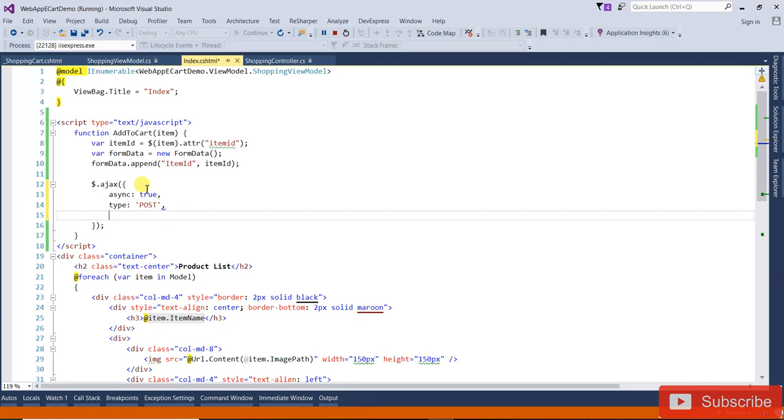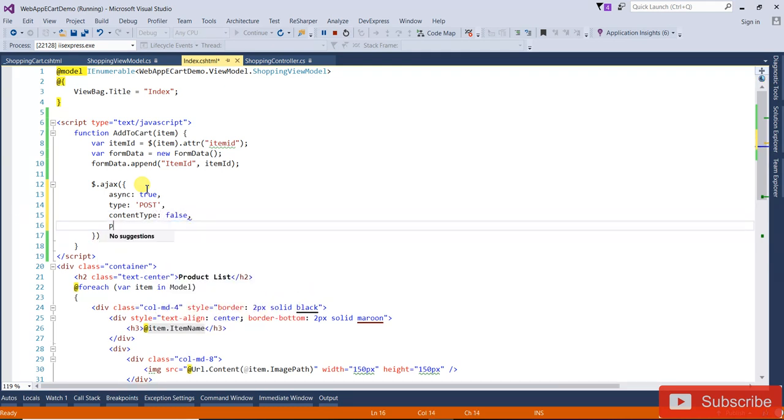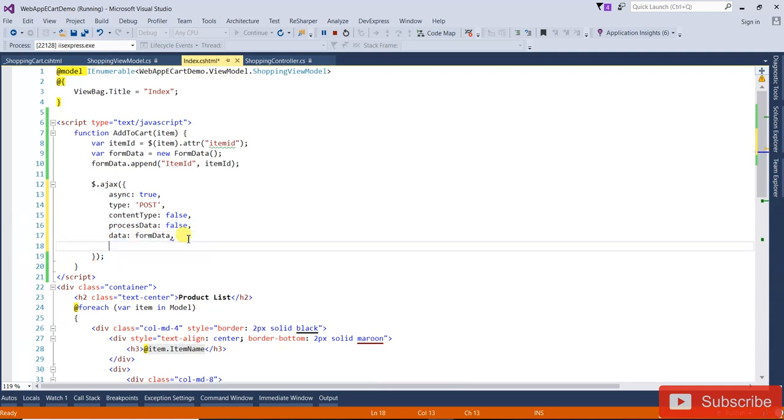The next one will be your content type, make it false, process data, make it false, and your data equal to your form data, this data, this head. And for URL, because you need to write that URL, it will be that